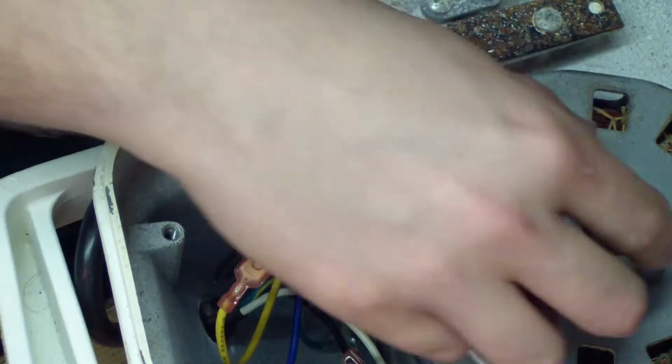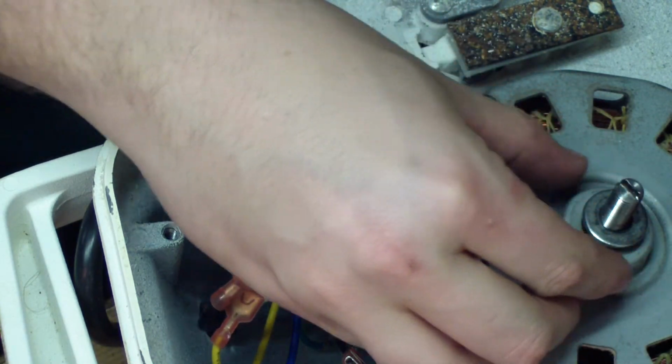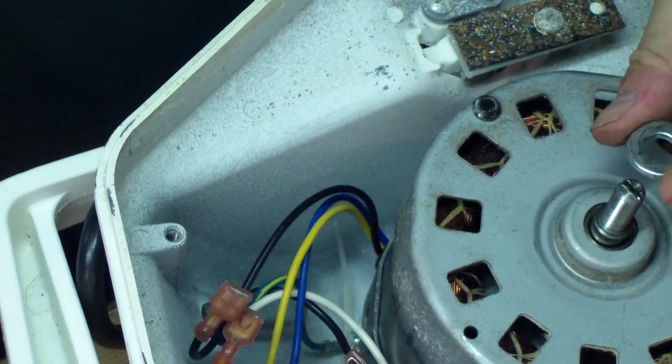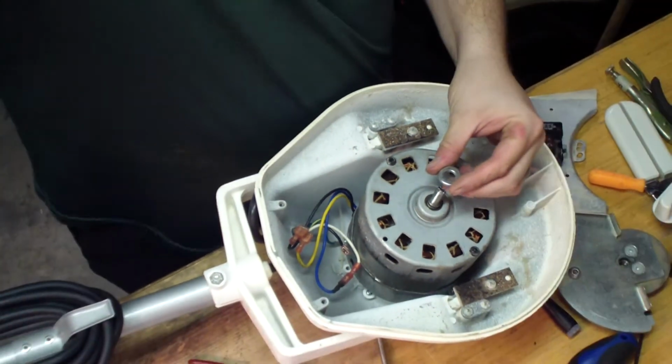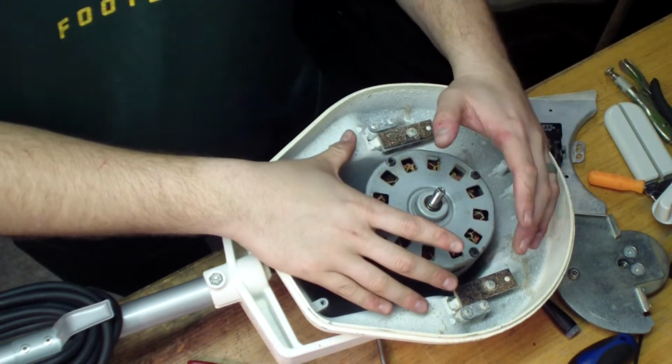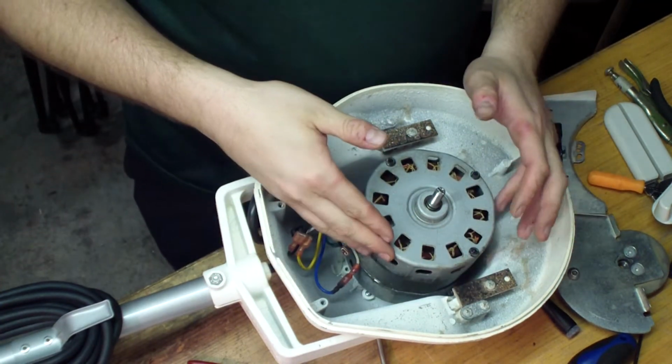And my main concern, what I want to look at is, also while you're here, there's two little washers to go between the motor and the concentric, so I'm going to move that out of the way. So what I'm mainly concerned about is I want to measure the resistance of this motor, because like I said,